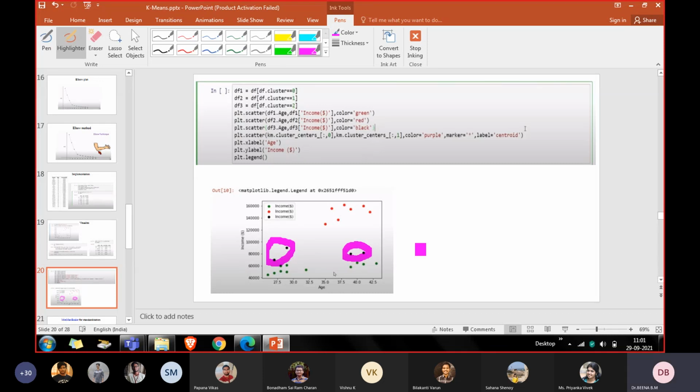Any answers? And as per elbow, we need to do 4 clusters now. No, we have not come to that stage yet. So why are we getting jumbled data here?